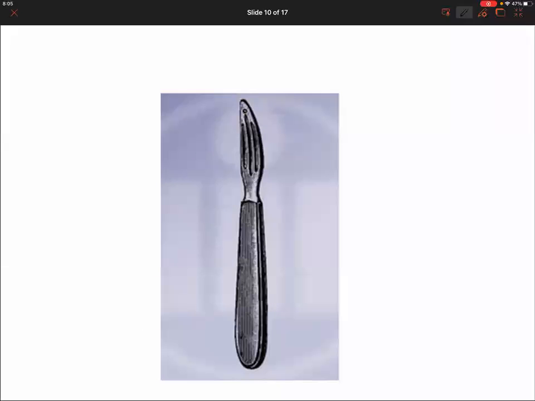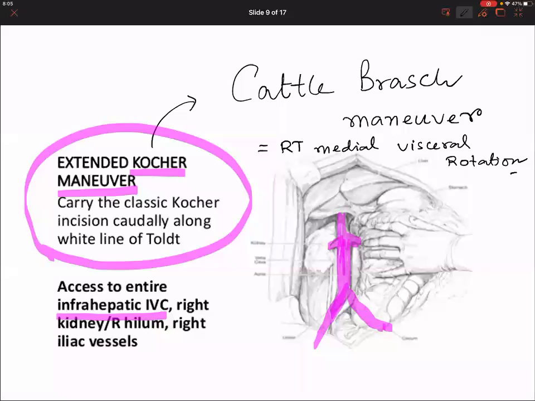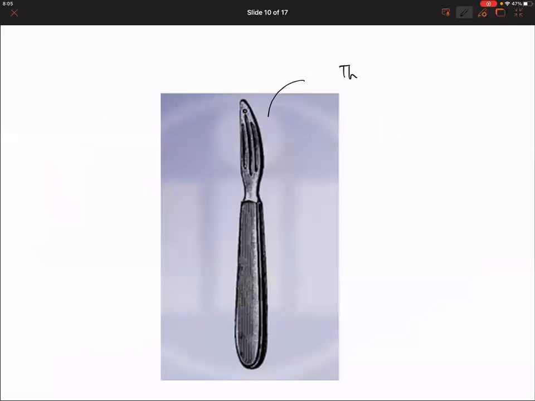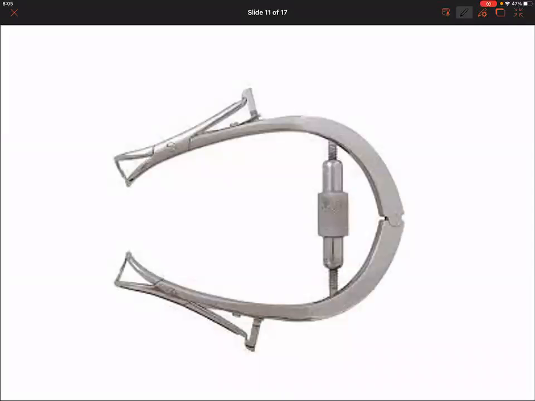This one is obsolete. I do not know whether you have been shown this in ENT. Can we go to the previous picture once? This is called a thyroid dissector. We do not use it anymore. This is called a Kocher's thyroid dissector. So many things with Kocher. Now, how many did you write on Kocher? At least 4 or 5, I think. 7. Wow, great. This instrument is not Kocher, but we will read this later.